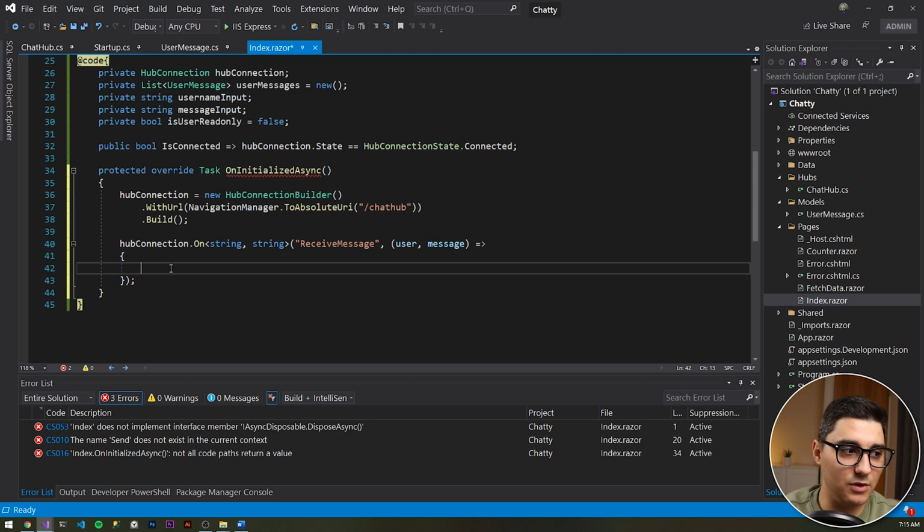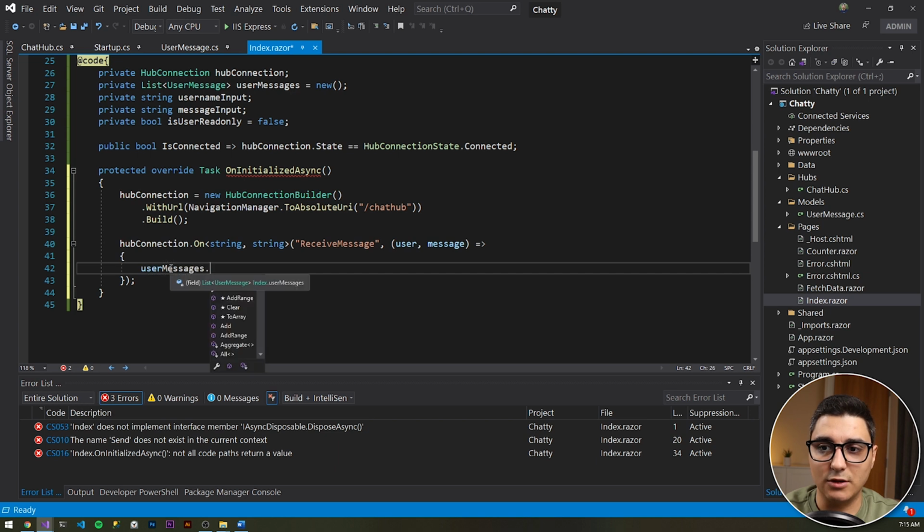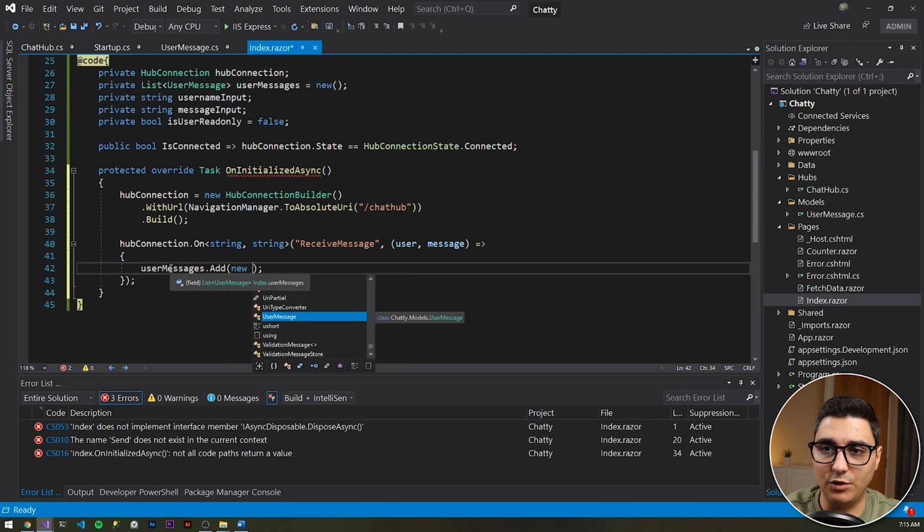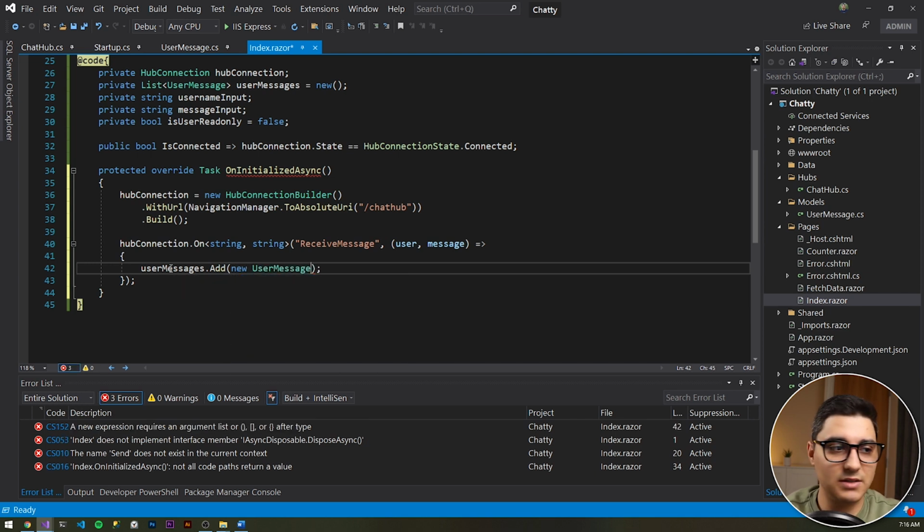So we do UserMessages.Add. Then in here, we need to add a new UserMessage instance with a username of user, with the message of message,